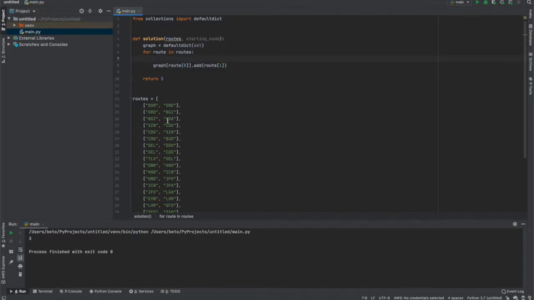So in this example here, we have something like this. So in our code,